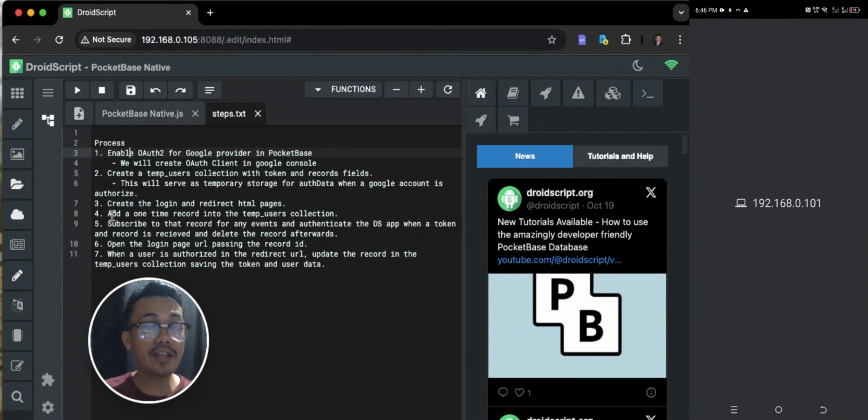Number four, add one-time record into the temp users collection. So this will happen in our DroidScript application. In our DroidScript application, we will create a one-time record in our temp users collection, and we will get the ID of that record. And we will subscribe to that record for any events, especially update action, and authenticate the DroidScript application when a token and a record is received from this event, and delete the records afterwards for security purposes, because that record holds the token and auth data, so we need to delete that from our